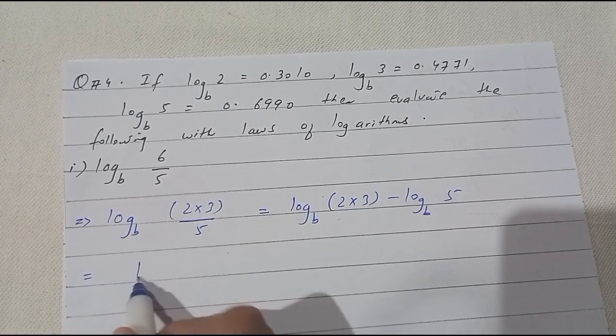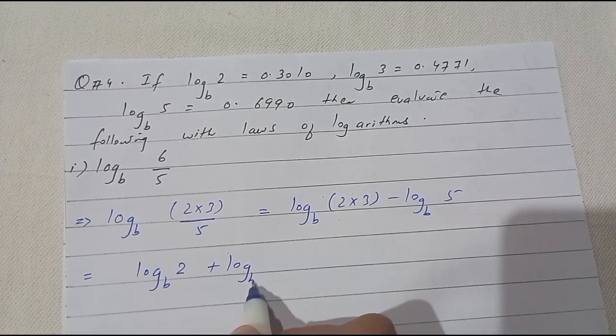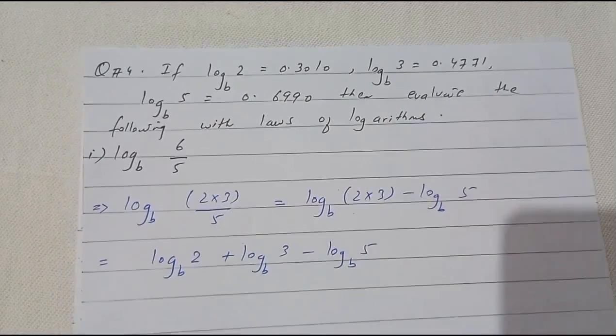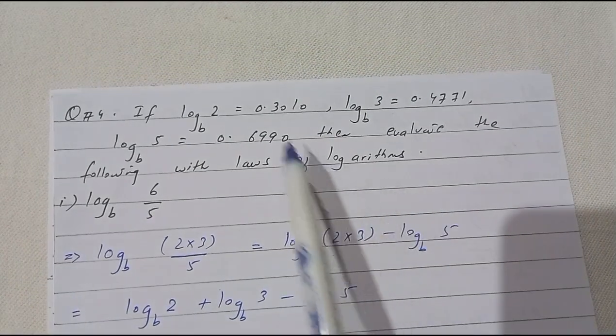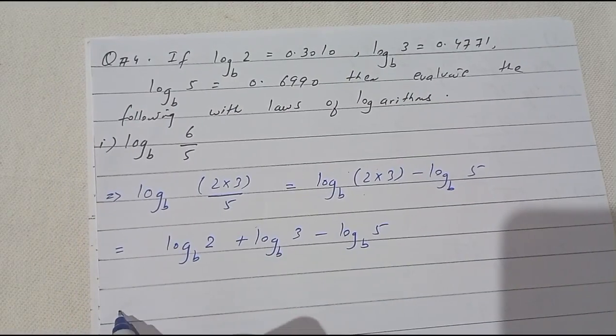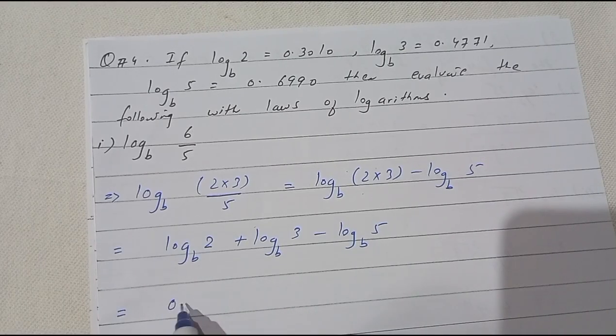Now applying product law we get log of 2 plus log of 3 minus log of 5. Now put the values that are given in the question: log of base b of 2, log of 3 and log of 5. Put these values in this. Log of base b of 2 equals 0.3010,